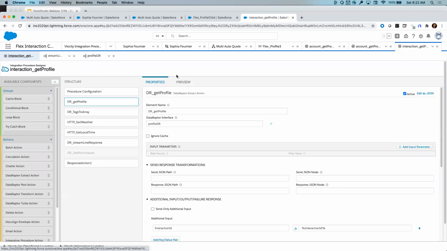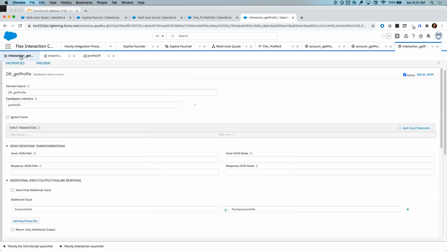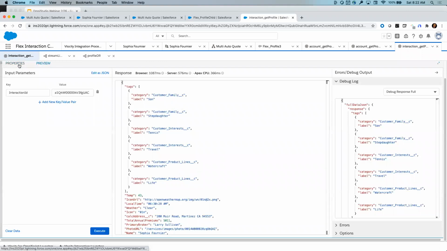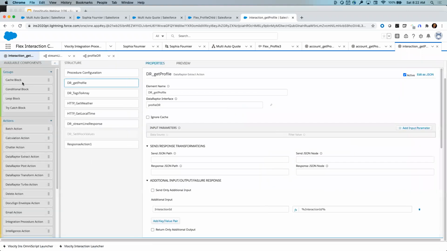So the integration procedure itself, let's see, maybe highlight a couple more things here. These blocks up here let me do things like caching. If I know I'm going to reuse an output, I can basically lasso these things and put them in a cache block. If I want to add some conditionality to a bunch of steps, I can put them in a conditional block. I can loop through a series of records through a loop block. I can do try catch and, if there's an error, control the error message that goes back to the user that way. And